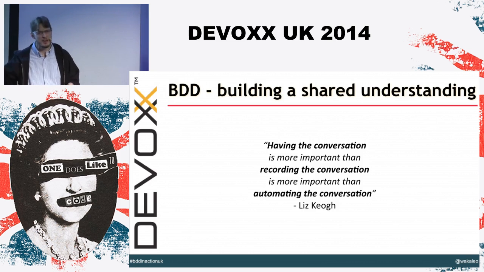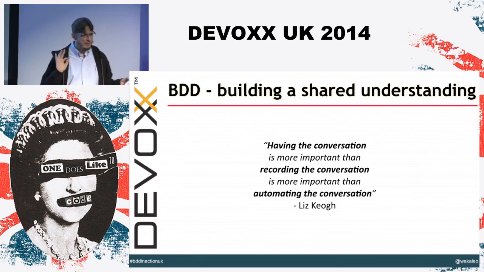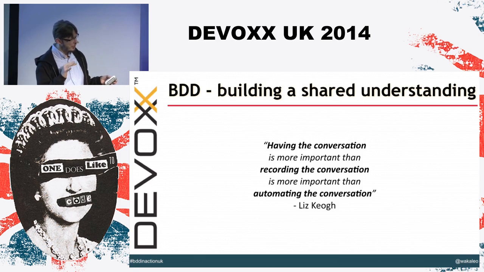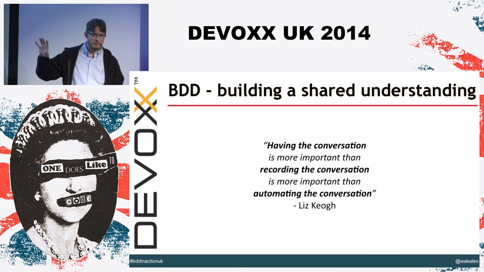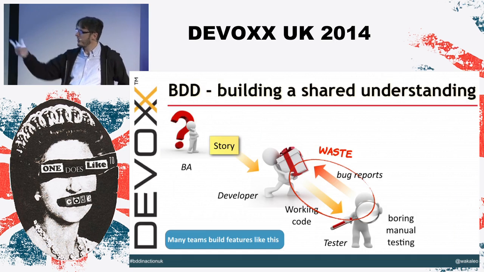What she means by that is there's no point automating an acceptance criteria if you're not sure whether it's actually valid acceptance criteria, if you're just making it up. If you're not having the conversation to be sure that an acceptance criteria reflects what the business actually needs, then there's no point automating it. You need to build up that understanding before you go away and automate it. So that understanding is really important, which is where we get this